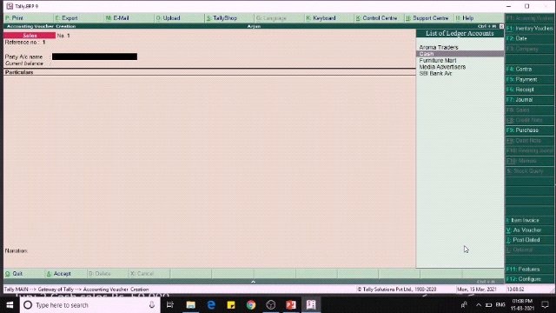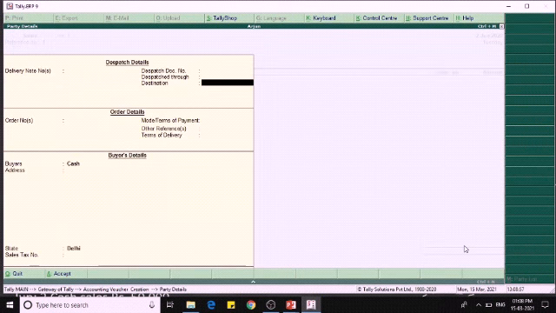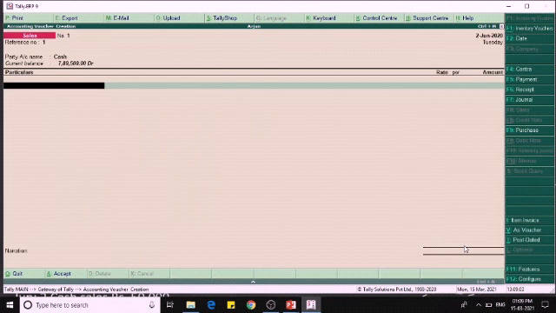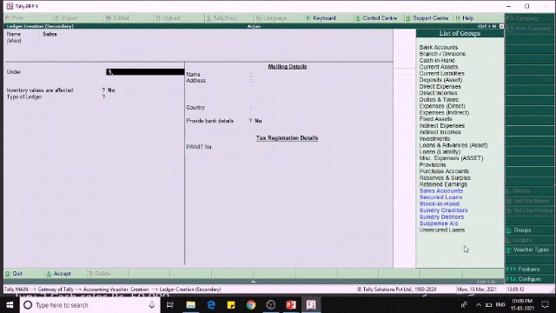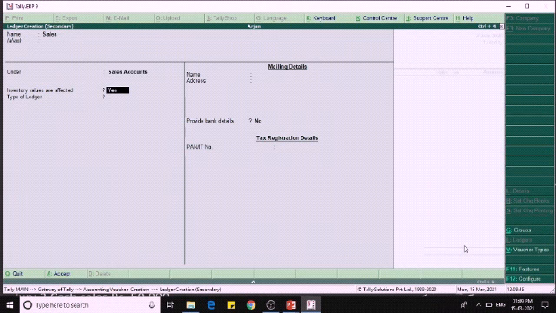So in the party's account name we have to mention it as cash. And if you have any dispatch details, order details, buyer details, we have to mention it here. And in the particulars column we have to denote it as sales. Okay, this will be under sales account.